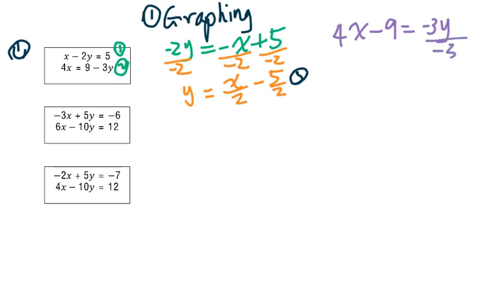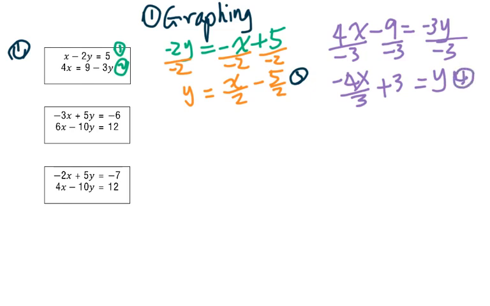Then I divide by negative 3. I will get y equals negative 4x over 3, then plus 3. That I label as 4. We plug 3 and 4 into the graphing calculator,